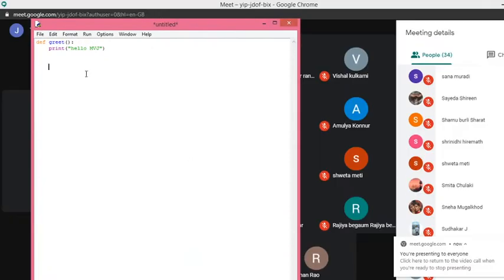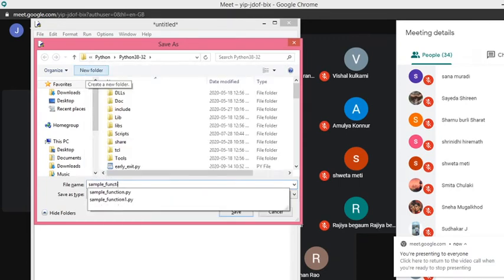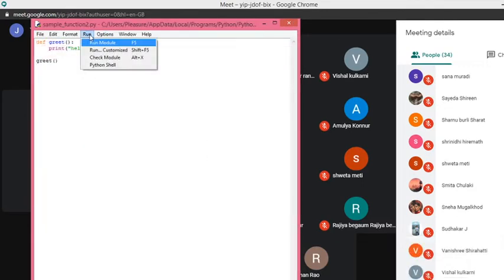This one now. Here I define a function with a simple one line. Now I'll call the function. To call the function, I just use the function name with the parentheses. Now look at it. Save this code. This is a sample related to function. I'll create some other functions, so I'll go with the name function2. Now run this code.